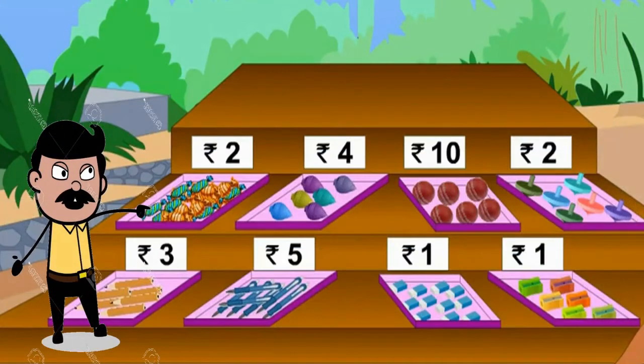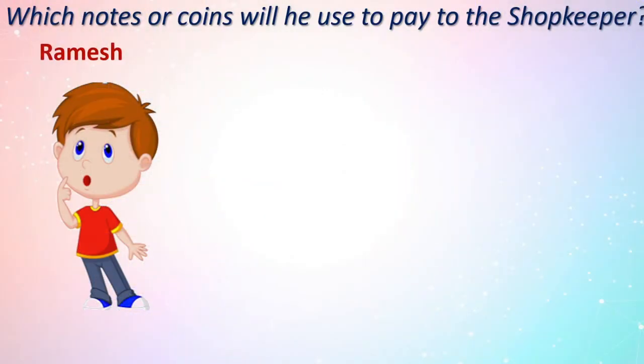Here a shop is there. The shop has so many items like chocolates, tops, cricket ball, then bingri, right? Then pens are there, erasers, sharpeners, so many things are there. Pencils also we can see, right? Here are some children. They came to purchase the things they need. Okay, let us see how they will purchase and how they will give the exact amount to this shopkeeper. See, this is Ramesh. He purchased a top. What is the cost of this top?